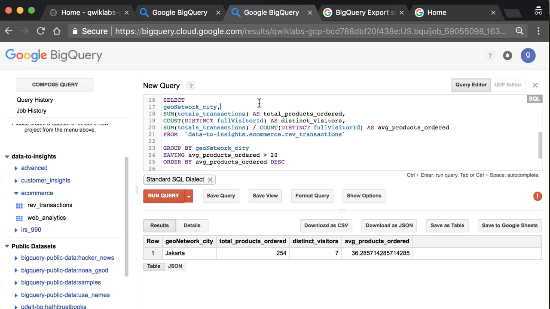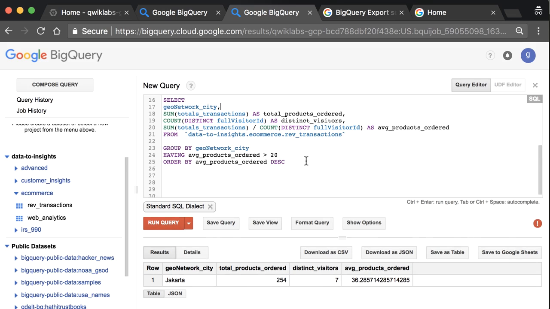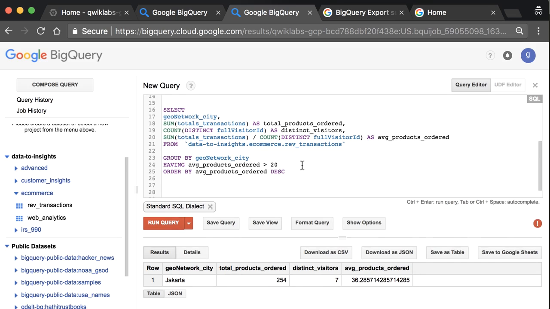But what you more likely want to do, as we'll cover in future courses, is use something like a subquery or use a common table expression or a with clause to break apart one big query into 2 separate queries. And we'll show you how to do that in our advanced course. But for now, we've got the great insight that we've got a particular city that has a lot of products ordered, and it's a high number of products ordered per each of the